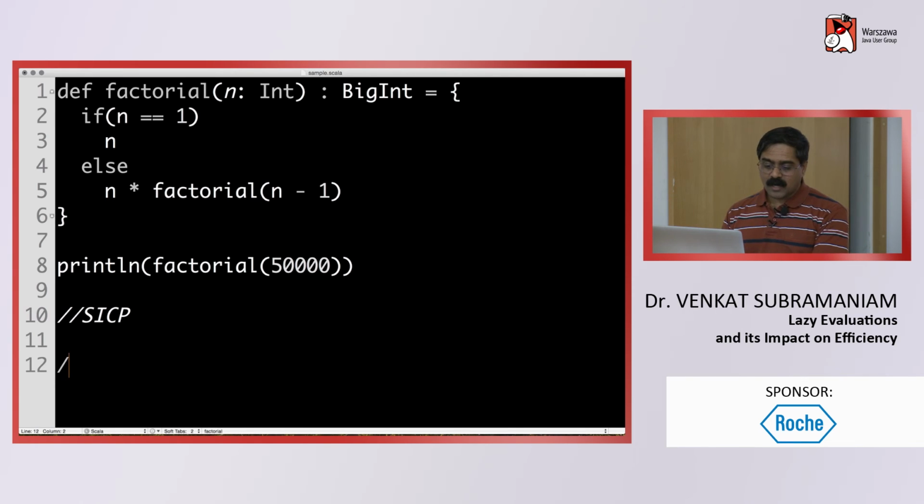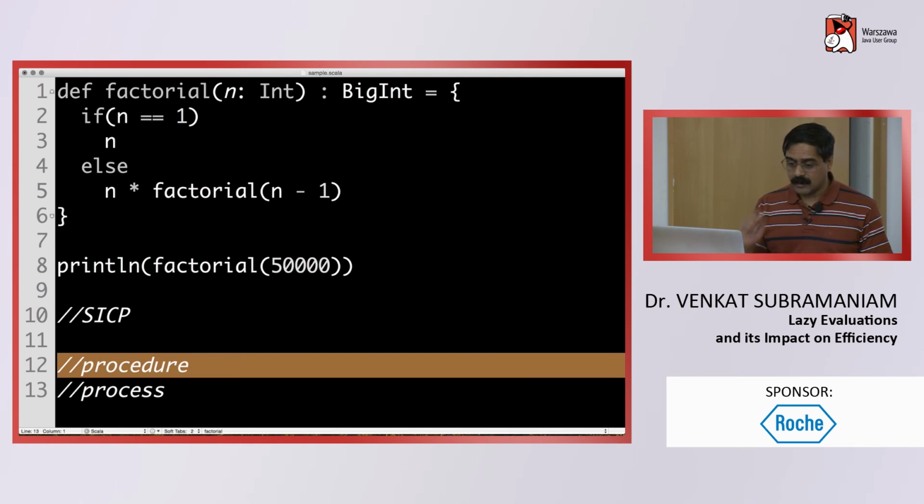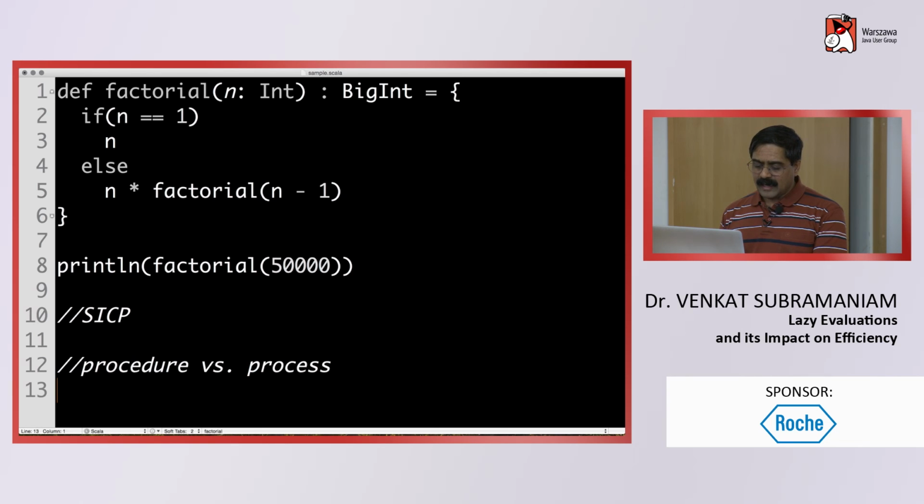And one of the things they talk about is a thing called procedure versus what's called a process. A procedure is the code you are writing. A process is the code that actually runs. We all know the code we write is not the code that runs. Your compiler compiles the code, then there's an optimization that kicks in, and eventually an optimized code runs through the execution. So they talk about a procedure versus a process, and the idea behind this is if you write an